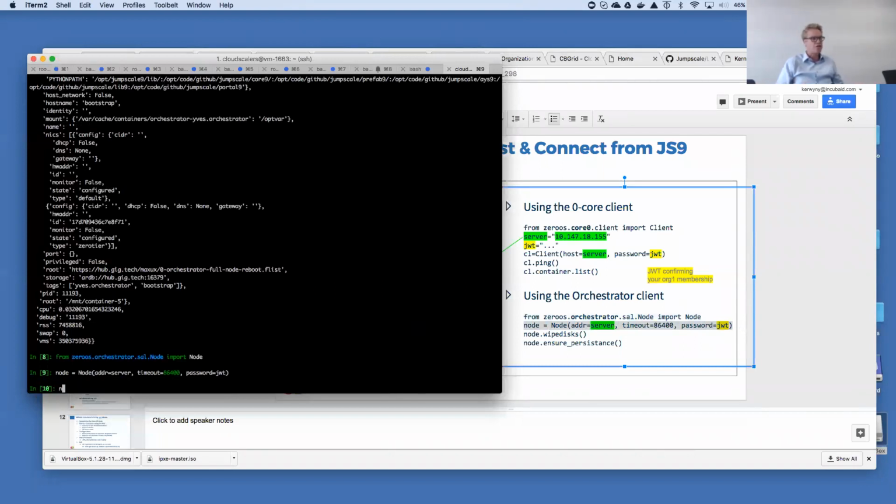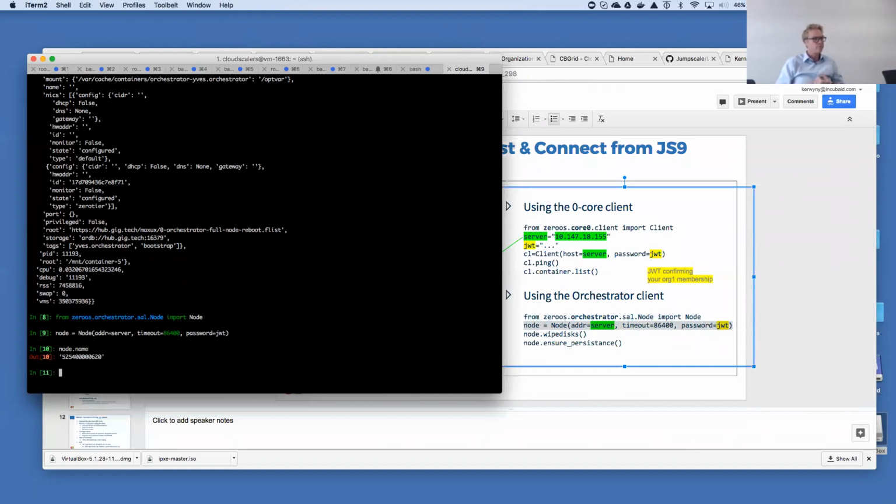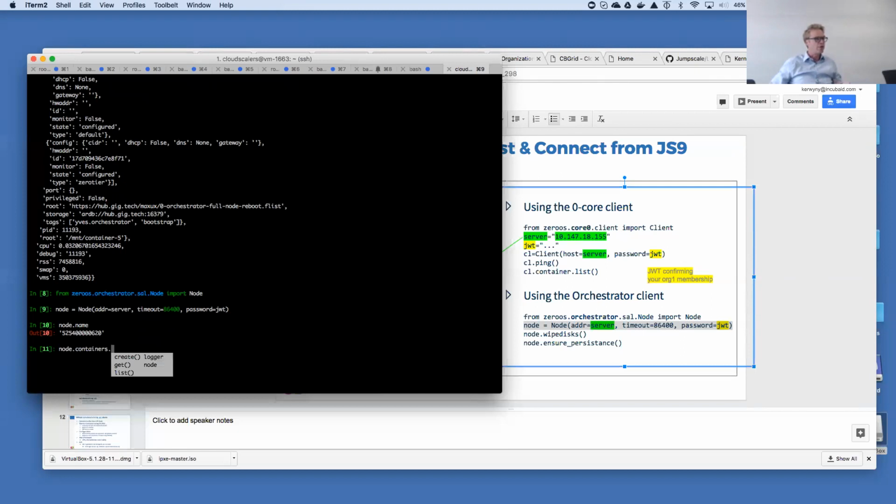So Node is nicely attached, so you can check things like name, and you get a name. You probably can also check for containers through this environment. You can get containers, you see, containers, right? And then you can do a list, the same thing. It's another API, and you see my container with this name is already there. See, the same thing.